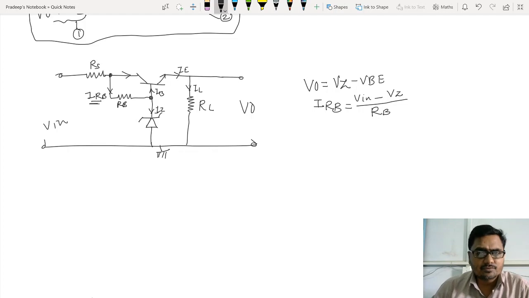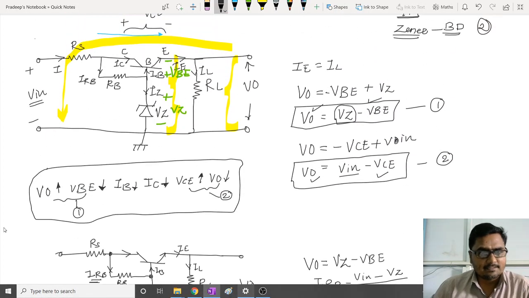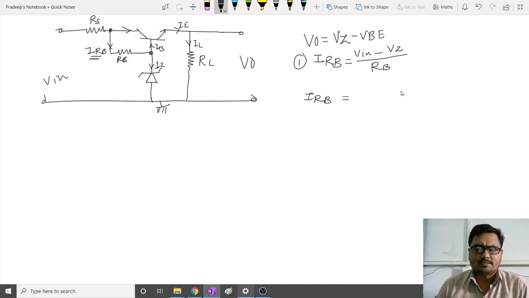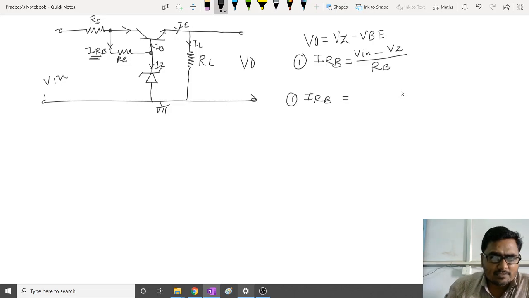Let me check whether we have used the same notation. Yes, it is RB. So use the same notation. Now, what is IRB actually? Current. See, IRB current. So we have written IRB in the form of voltage and resistance. Now let me write IRB in the form of current. Look at this, IRB is flowing through resistor RB and gets divided into two parts. First part is IB, another part is IZ. So it is IZ